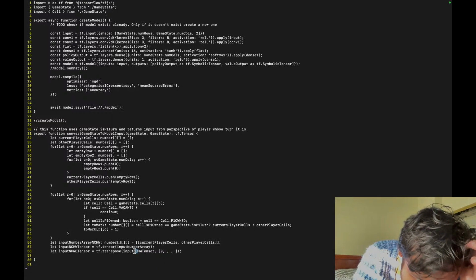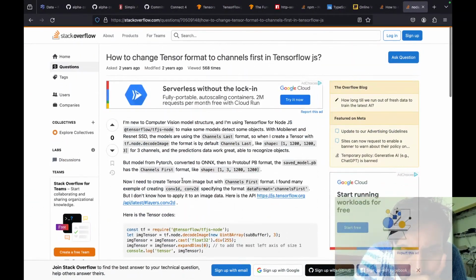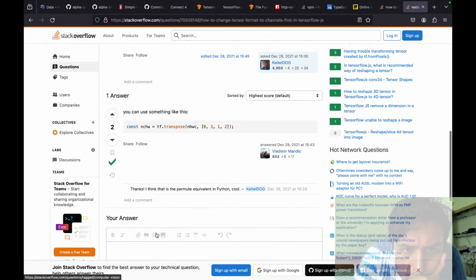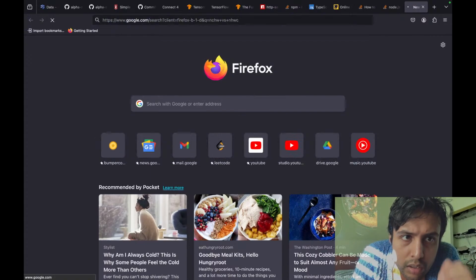Wait, number of samples, column, wait, is H height?